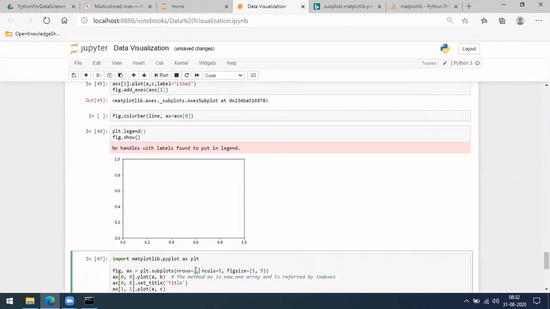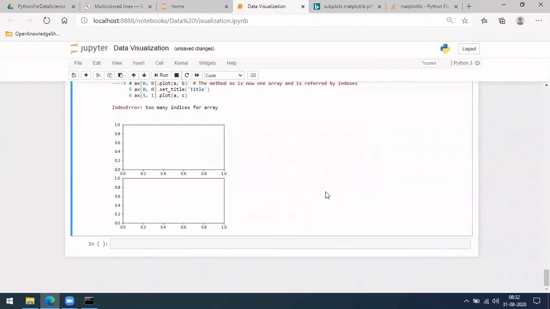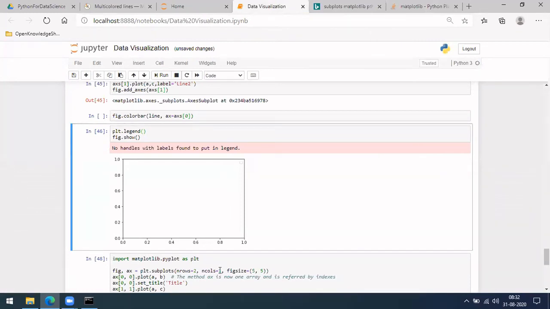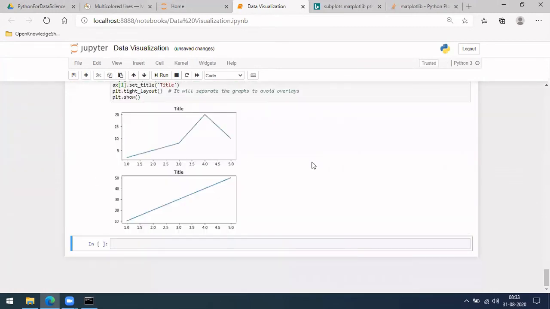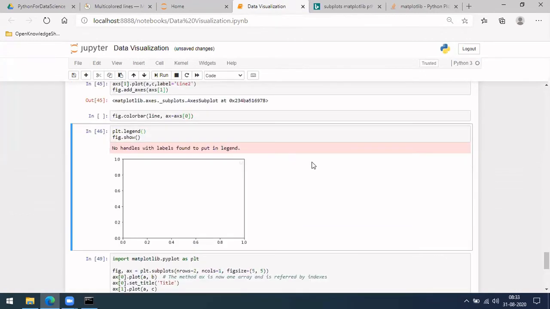Let's give this 2 comma 1, like whatever we thought of doing earlier. And the fig size will be just like 0. That error is because of this ax0, ax1. See, this is what we tried to do here, right?